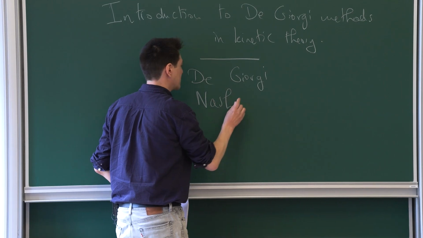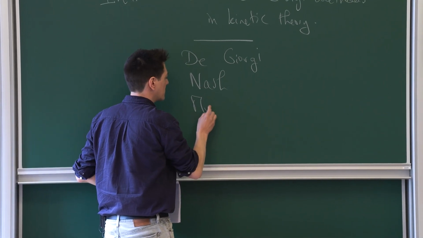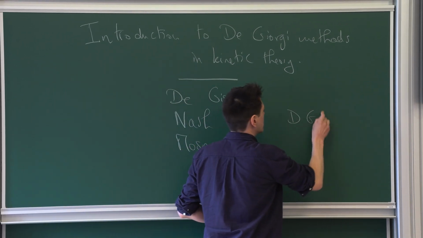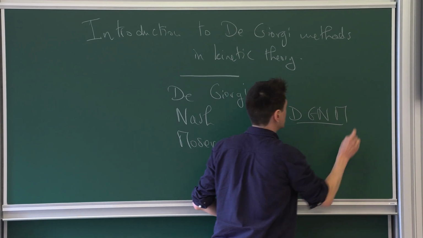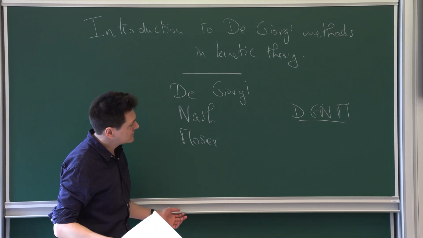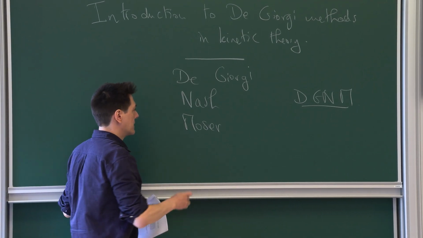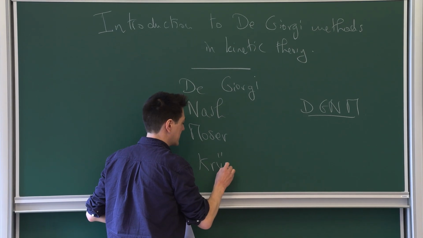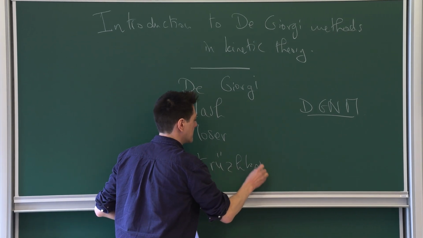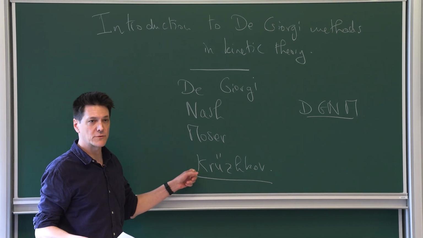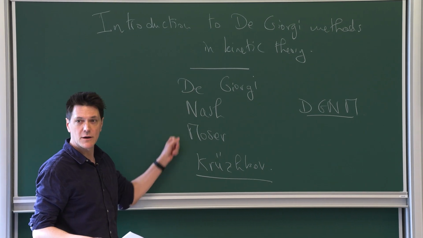super famous mathematicians. De Giorgi, Nash, and Moser are the most famous ones. Sometimes I will refer to the series of papers they produced as the De Giorgi-Nash-Moser theory. And to be fair, at about the same time, a paper I like a lot that I think should be added here. Well, actually two papers by Kruzhkov are absolutely beautiful, exactly at the same time on the same topic.